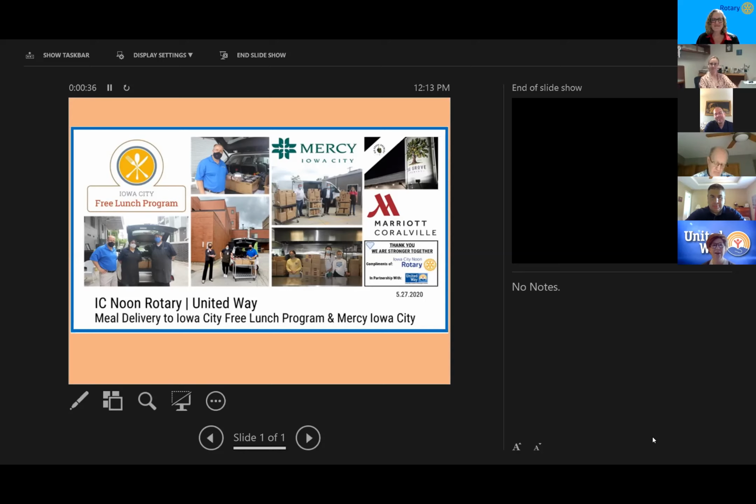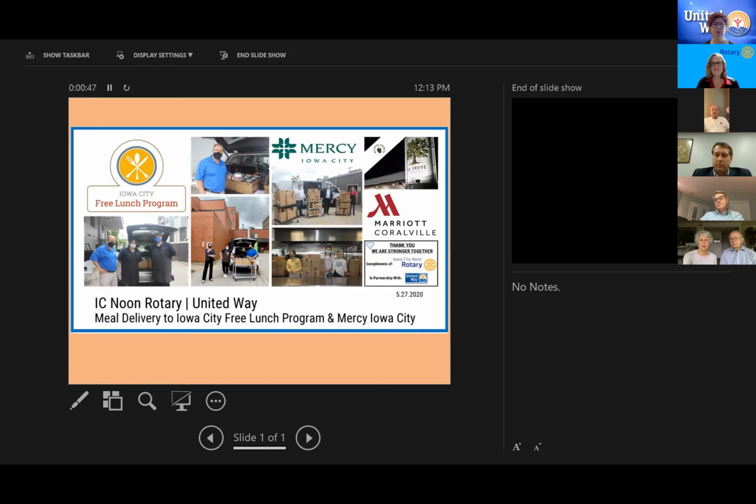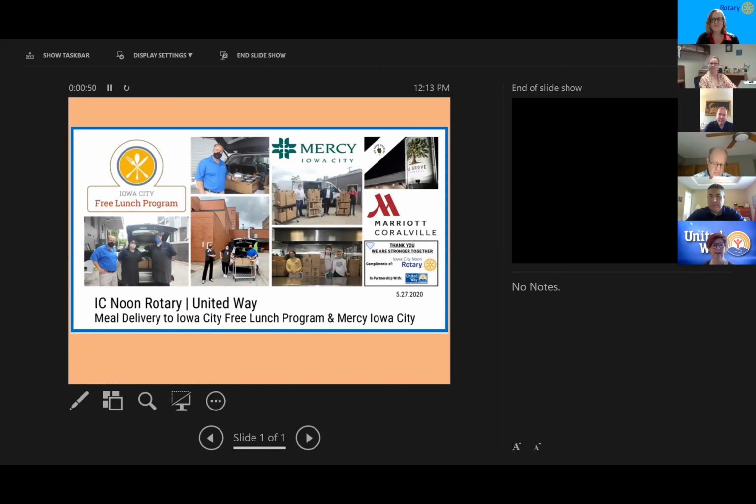At the same time, I flew away from Big Grove and ran over to Iowa City Free Lunch Program. The Marriott delivered 150 lunches you all provided to the free lunch program. And in that image there, you can see Jama. She's one of the associate caretakers there at the free lunch program. And then the 3 volunteers directly below her were from Solon High School. They were all going to be entering high school this next fall. And so we had some young Spartans in there doing some silver cord volunteer work for us. And so, like I said, it was just an incredibly fun, but very busy day for our meal program.